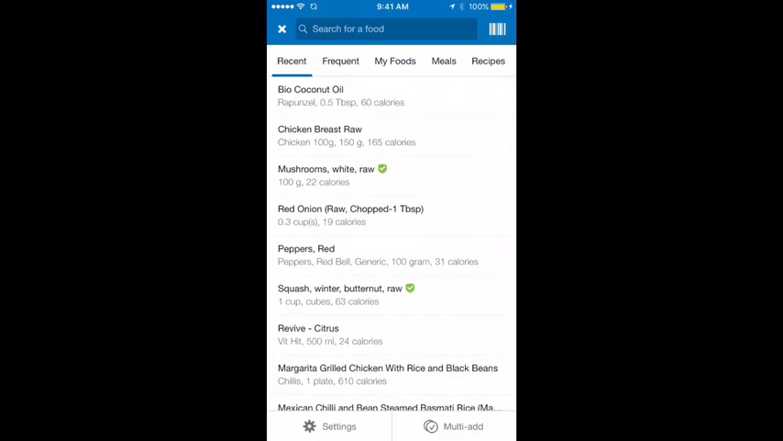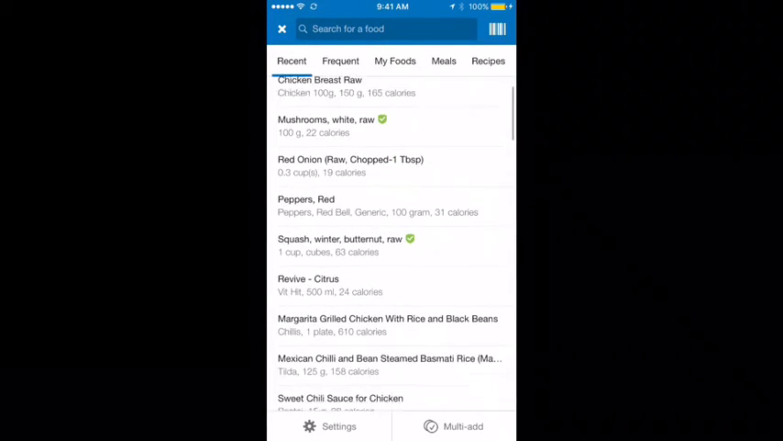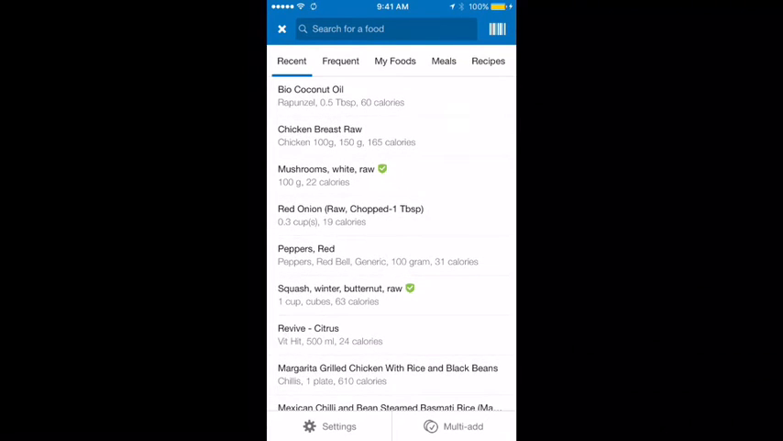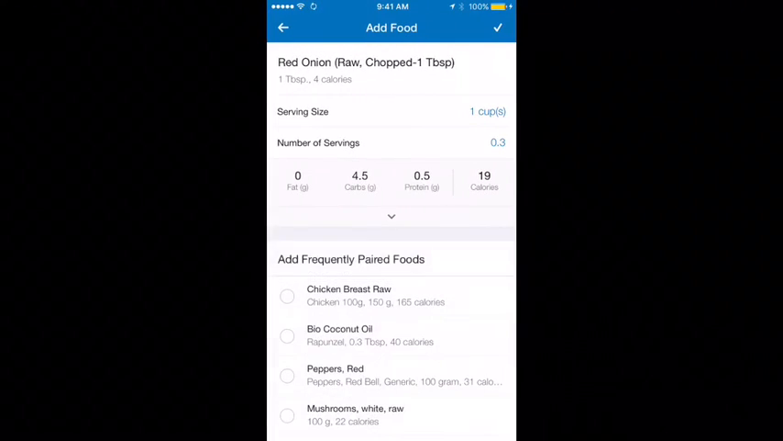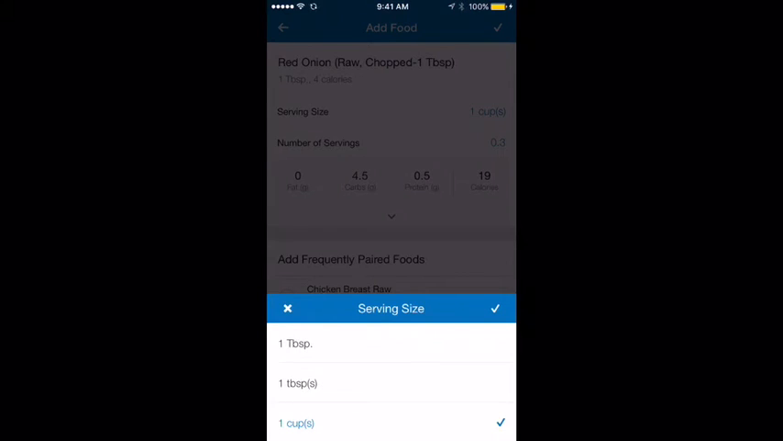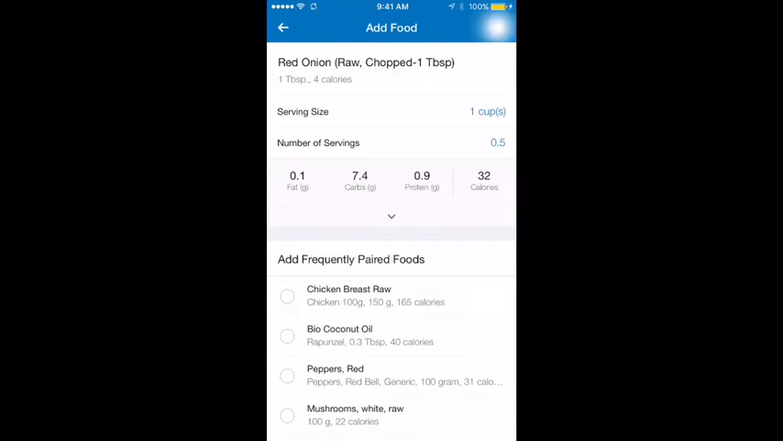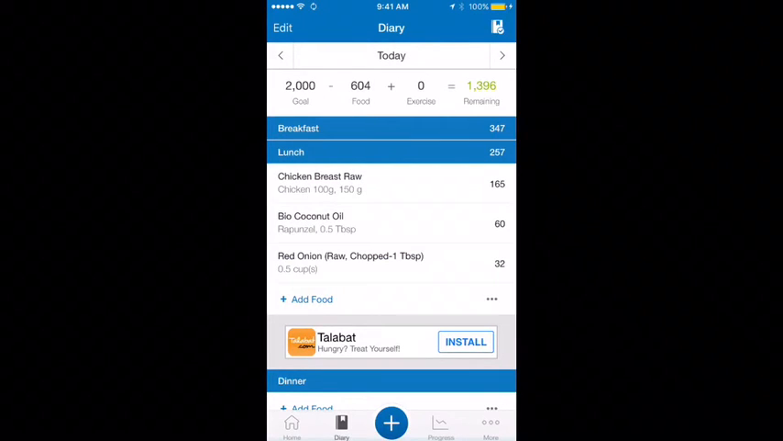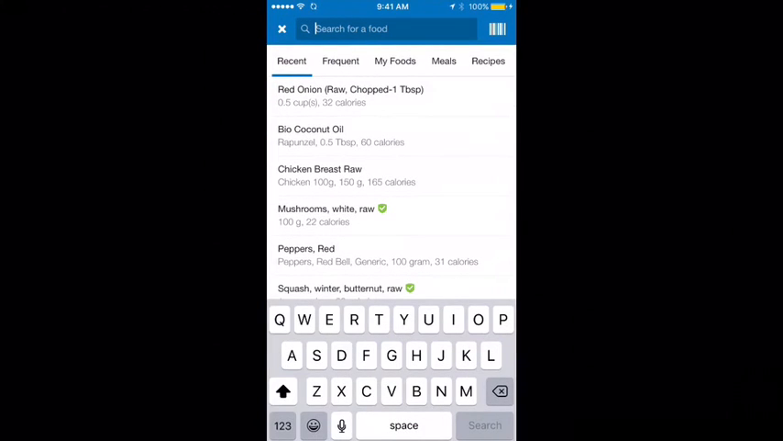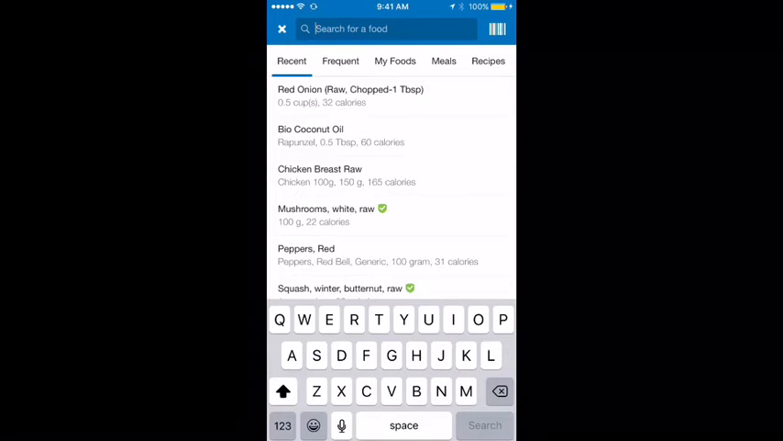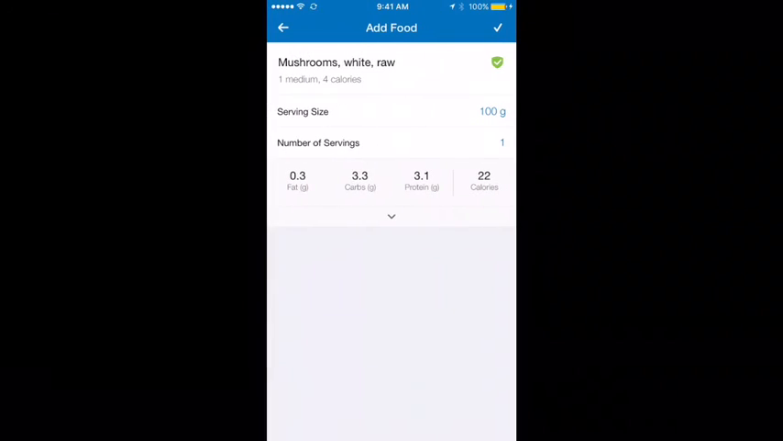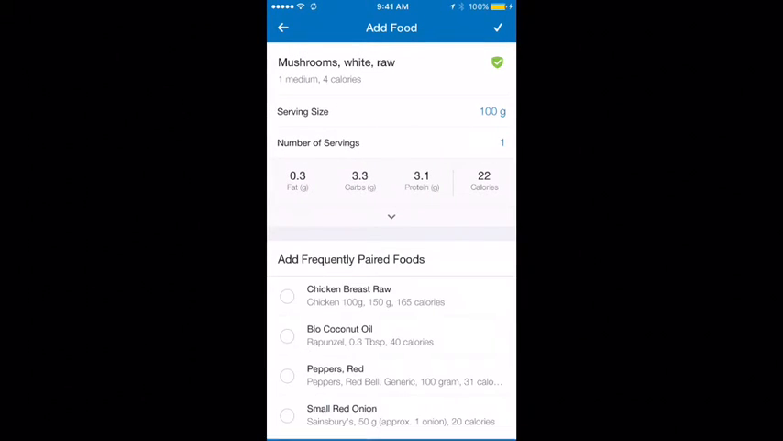Then it comes down, so you can see there, mushrooms, onions, red peppers, squash, all these things are common in my diet. So if you randomly just add in stuff, so say you take a measure of cup, so say you do half a cup of chopped red onion. You can do either cups as the measurement, or you can do it in grams if you have kitchen scales. So then if I add in some mushrooms, maybe add in 100 grams of mushrooms,